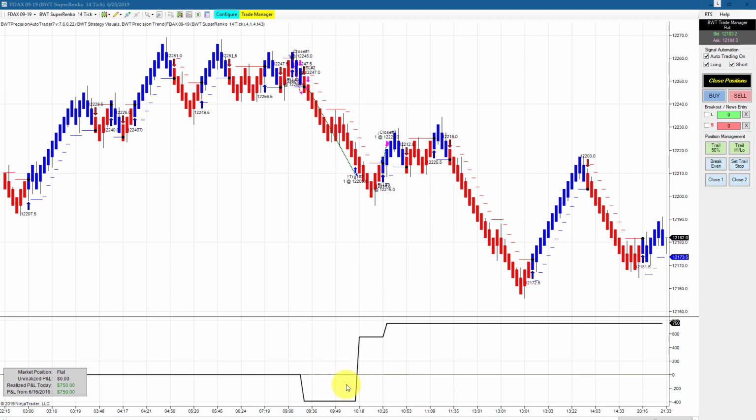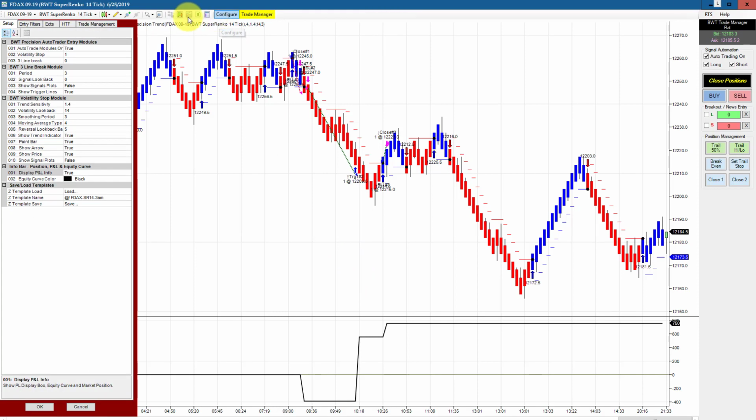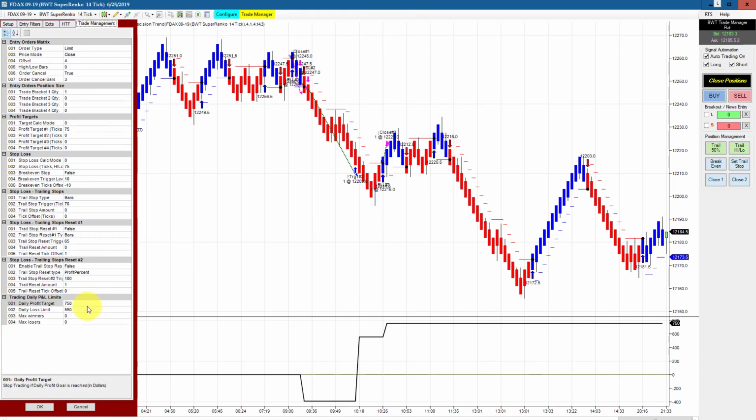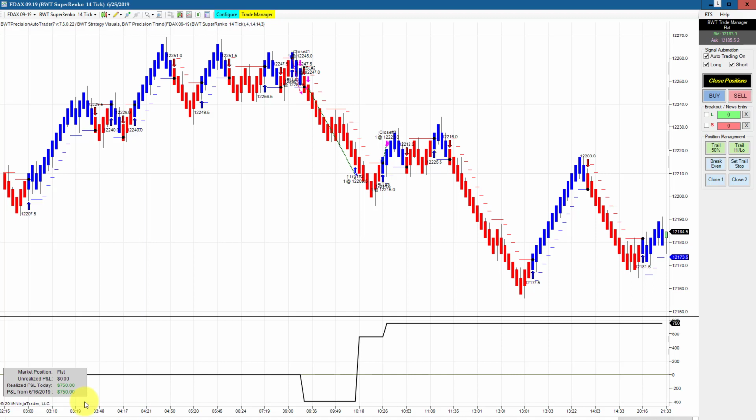Okay, the DAX on a Super Renko 14 tick, which I also have starting trading at 9:30, the beginning of the US session, and this has a goal of 750, trading a single contract. Well, this started off with a loser and drew down about 400, and then recovered all the way up to 600 on this trade here, and then it was just one little winner here that brought it up to 750,